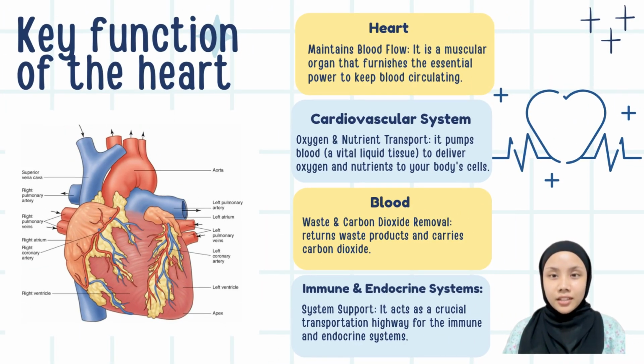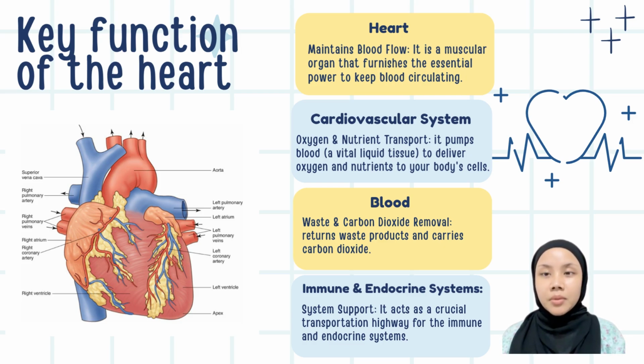We are looking at the key functions of the heart and its surrounding system. The heart itself is the primary muscular organ that furnishes the essential power to maintain blood flow throughout our body. This is part of the larger cardiovascular system, which consists of the heart, the blood vessels, and the blood working